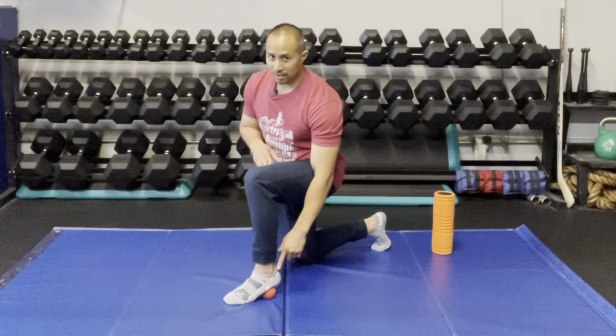The first one is a seek and destroy. So basically I like to think of it as I'm going to find a spot where I feel an increase of sensation, and I'm just going to hold that position. And then from there I'm going to add a little bit more weight on that structure. So now that I'm at the target where I feel increased sensitivity, I'm going to hold that there